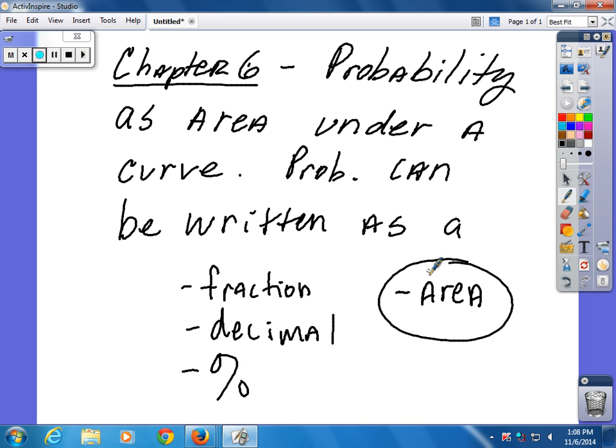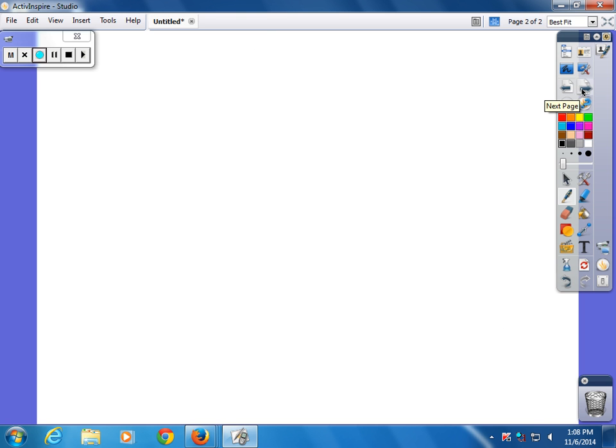Now, there's two types of distribution in chapter 6. One is not used a lot, but I need to show it to you, and that's uniform distribution. The other is normal distribution. So we'll go over uniform distribution first, and then we'll go over normal. Okay. Uniform distribution